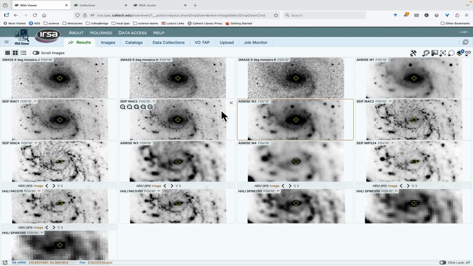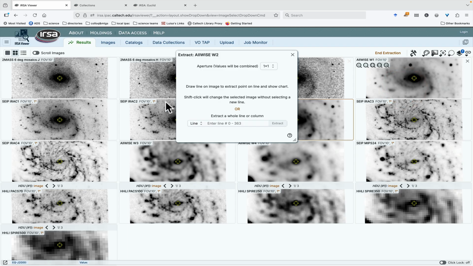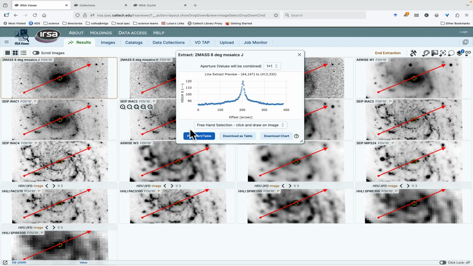New in some of the IRSA tools are a couple of features that I wanted to highlight. You might know that the Extract Line tool allows you to draw a line across images. You can either draw a line or you can have it select a line or a column. It used to be that you had to shift-click on all the loaded images to get the same line on